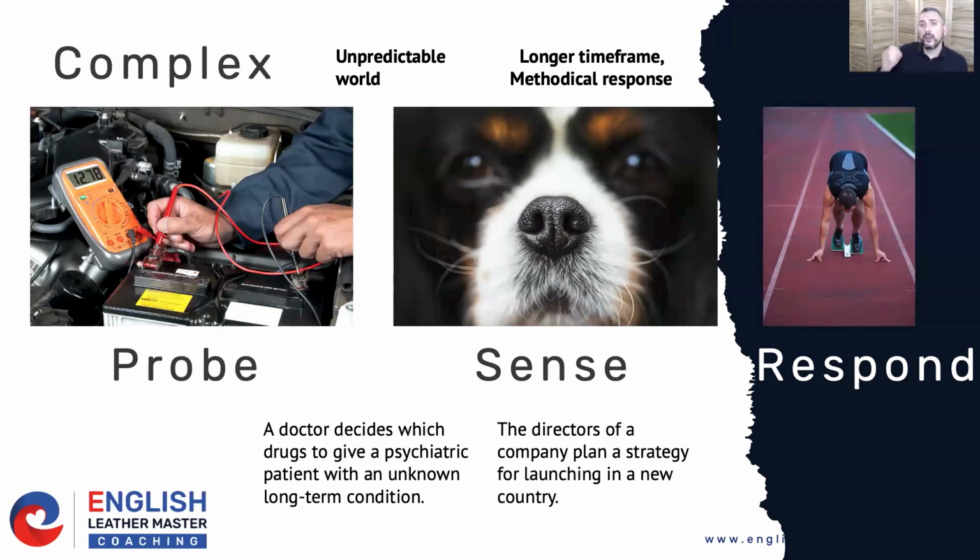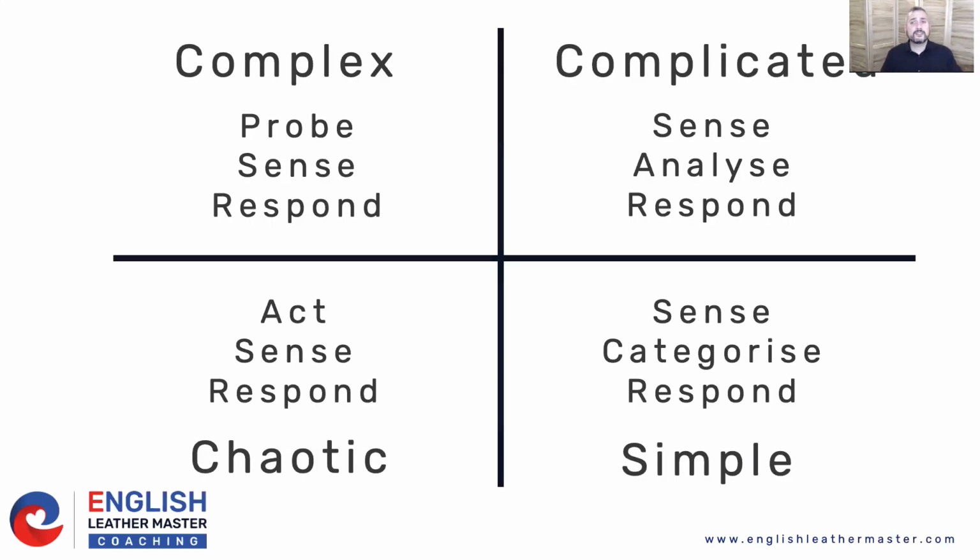lean process where you put out what's known as a minimum viable product and you go, okay, let's try this. Does this work? If not, let's try something else and then iterate it to make it better and better and better. So we've got these four quadrants. The important thing is you recognize fully which quadrant you're in, and often it's dependent on the time scale that you're working under and how predictable the outcomes are. Does A always equal B?